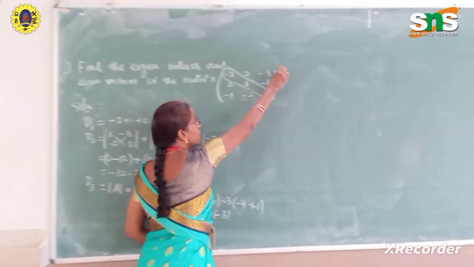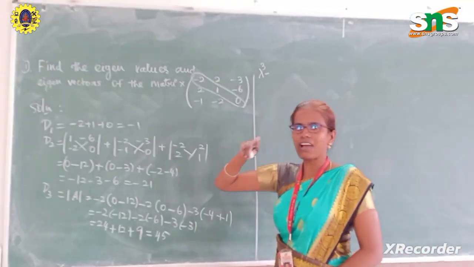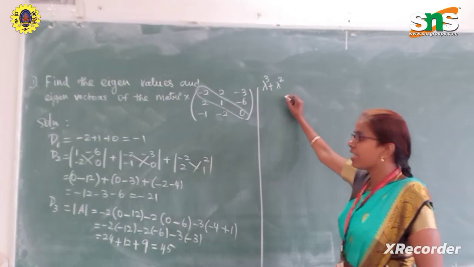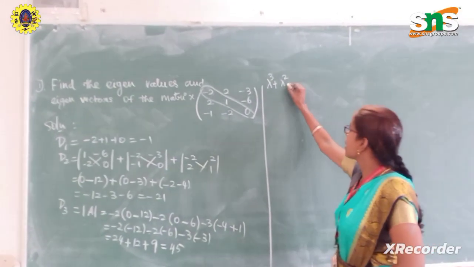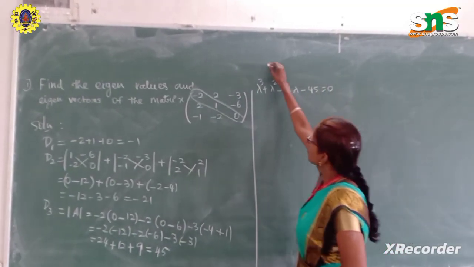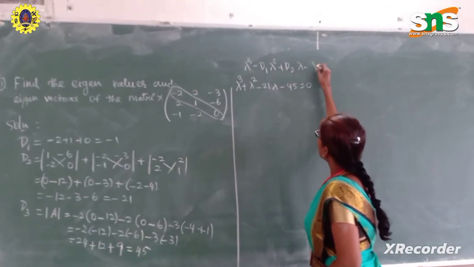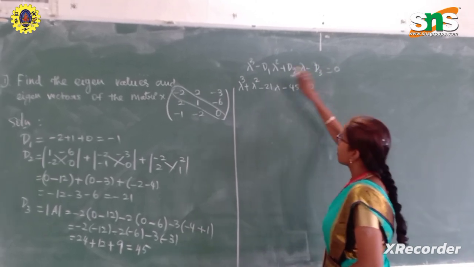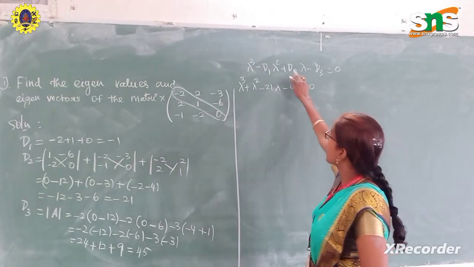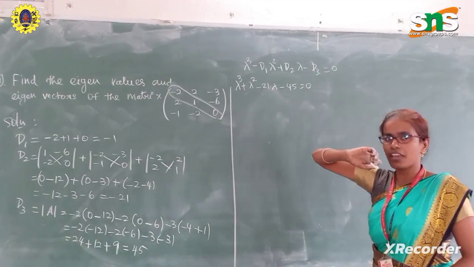So the equation is what? Lambda cube minus D1 lambda square plus D2 lambda minus D3 equal to 0. This is the actual formula. Just replace D1 as minus 1, so we will get plus lambda square, and D2 as minus 21, D3 as 45. If you solve this equation,